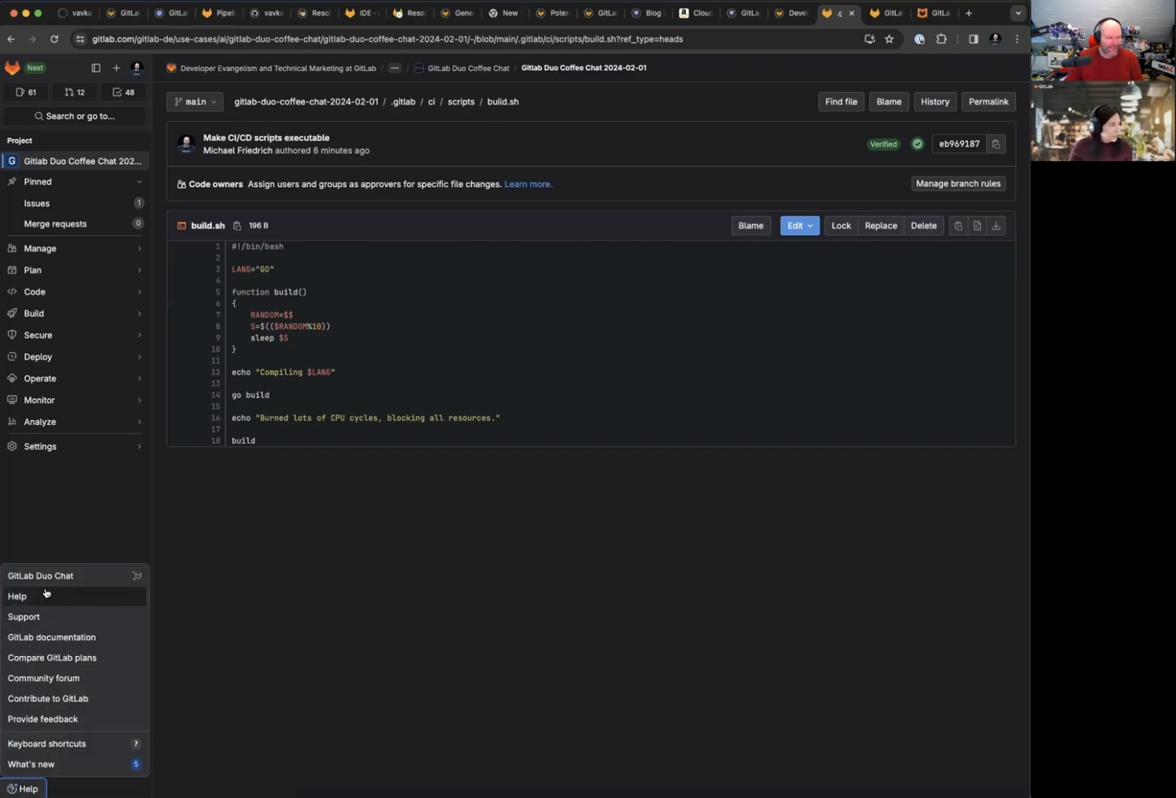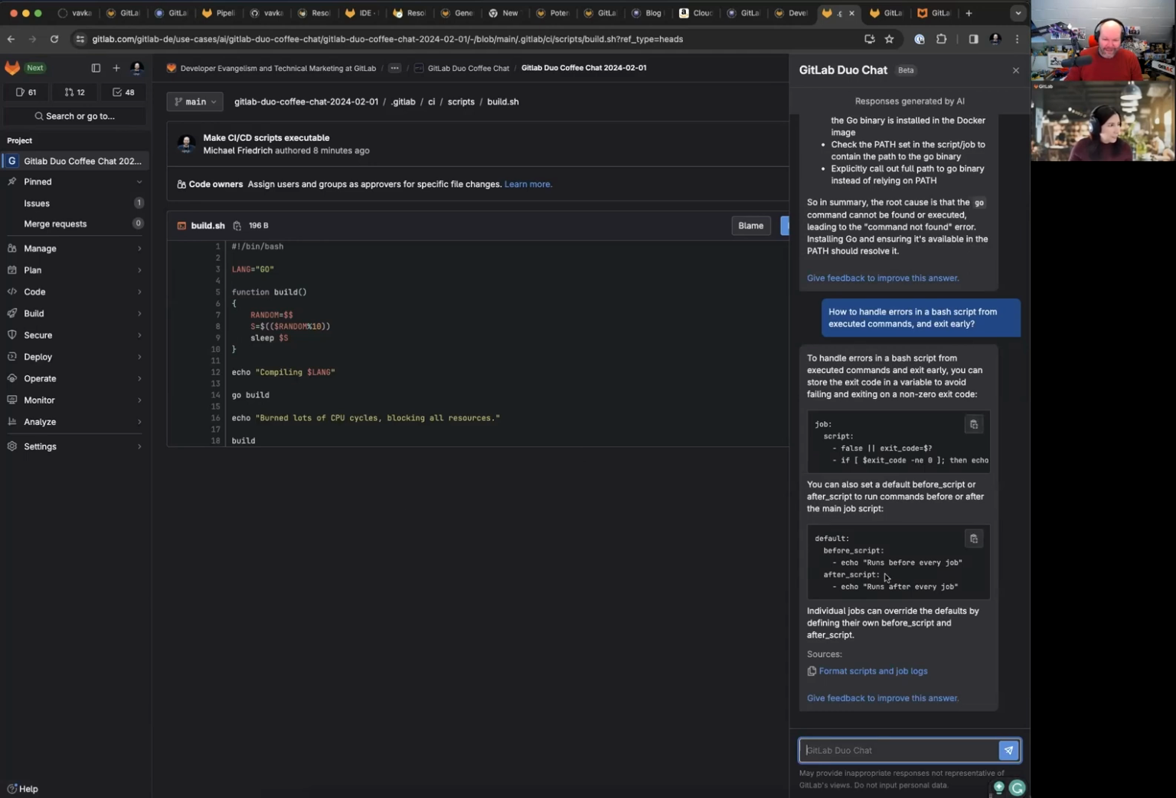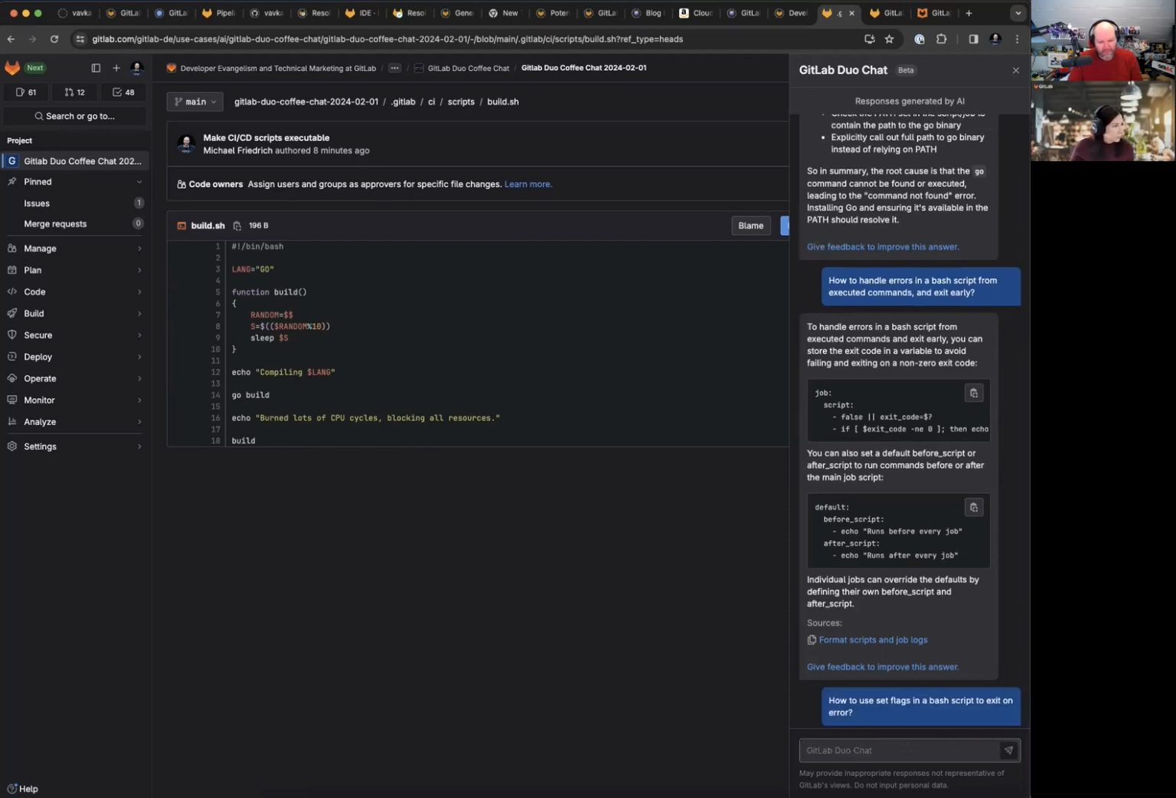I kind of wanted to make GitLab Duo Chat tell me. I can see that I can use that in CI/CD, but I'm actually more interested in how to implement error handling in a bash script to exit early. But maybe it cannot tell me that. How to use set flags in a bash script to exit on error. And maybe it's not trained for that kind of question, but